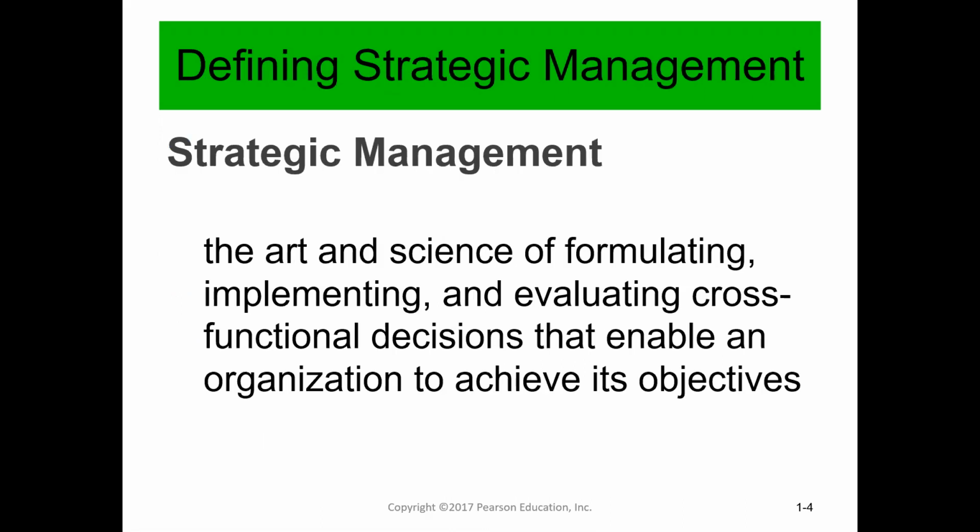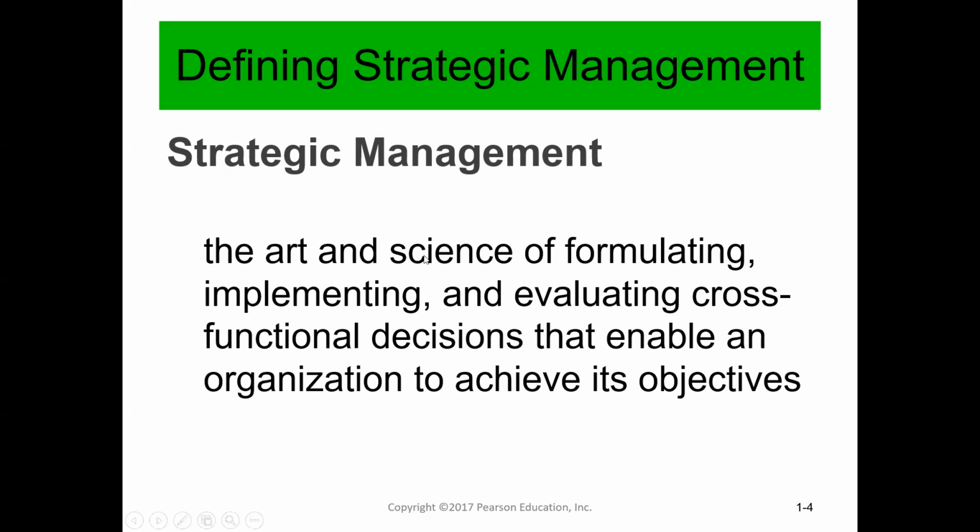So here first we will define strategic management. It's defined as the art and science of formulating, implementing, and evaluating cross-functional decisions that enable an organization to achieve its objectives. So it's both an art and a science, no? There's a system here that is being used, a systematic arrangement of knowledge based on facts and principles. So that's science, no? And art, there's beauty, no? There is what you call your own ways of saying things, no? And that is strategic management.